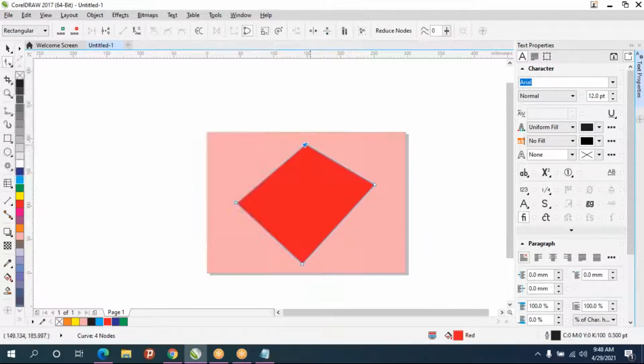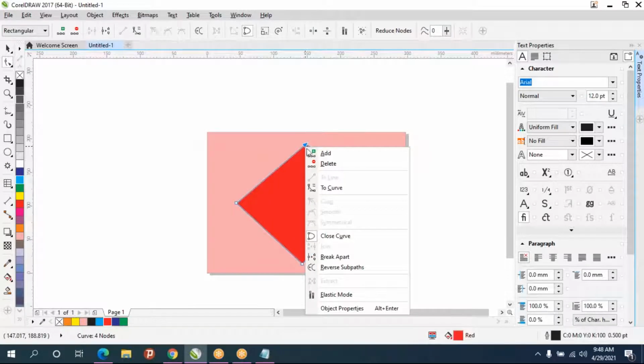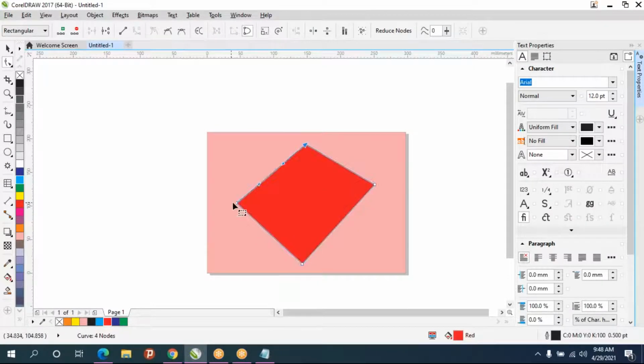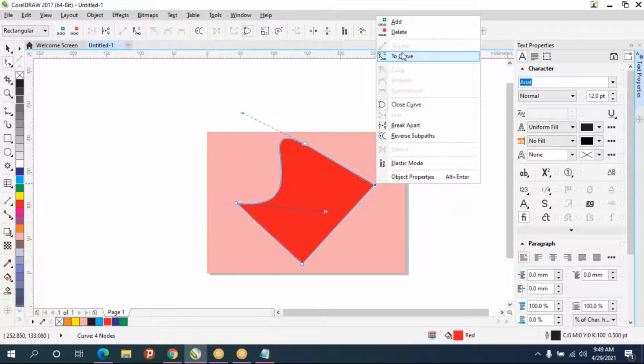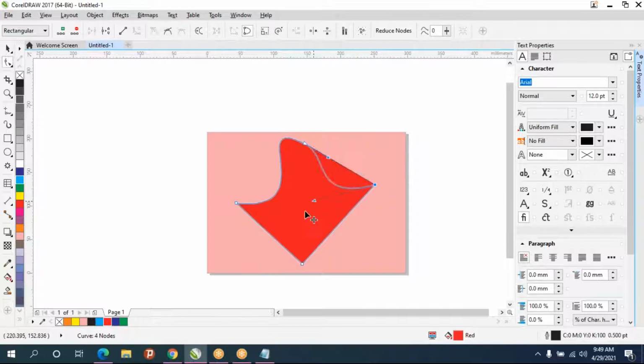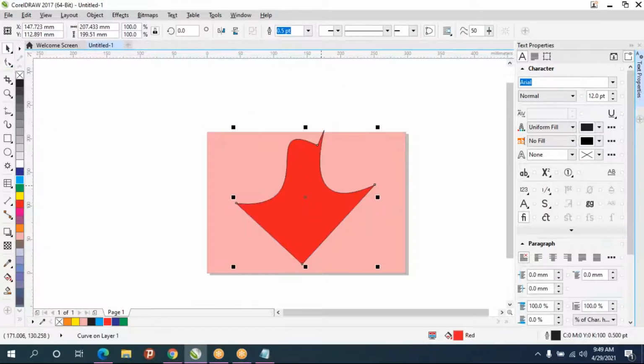And if you want to convert this into curve, right click again, to curve, and you'll get the handling points, the handling arrow symbols. So you can adjust however you want to curve, and you can move however you want. We'll see more about this.